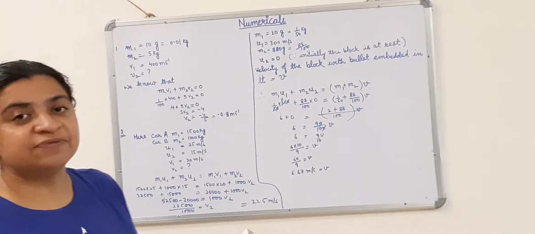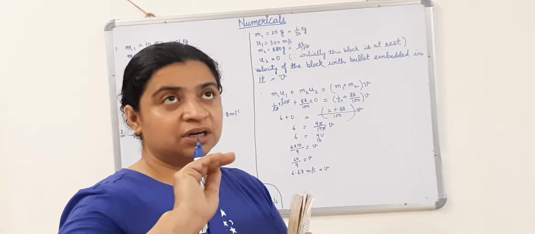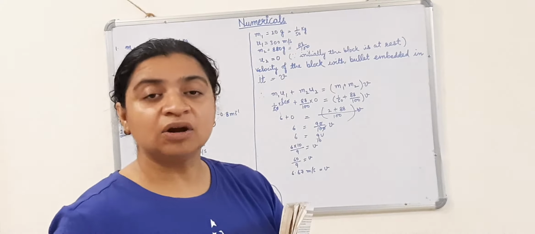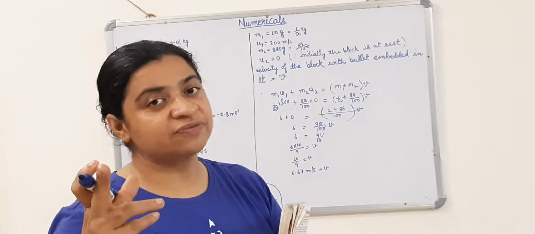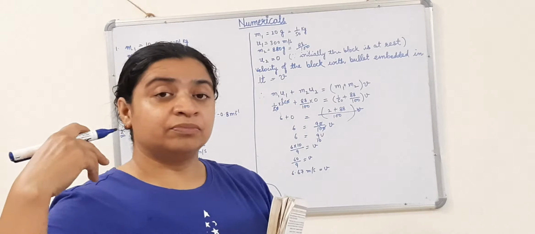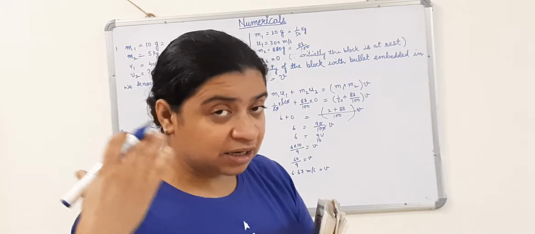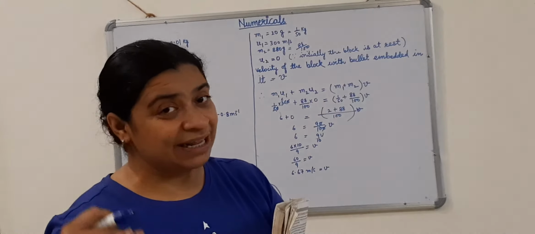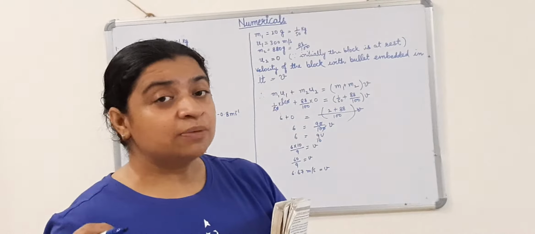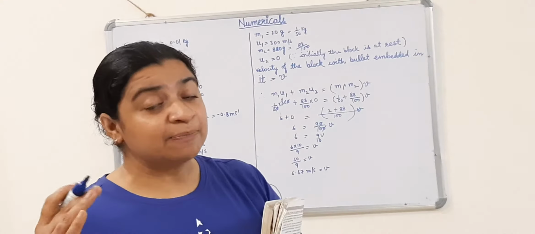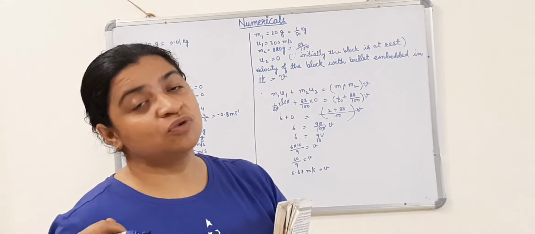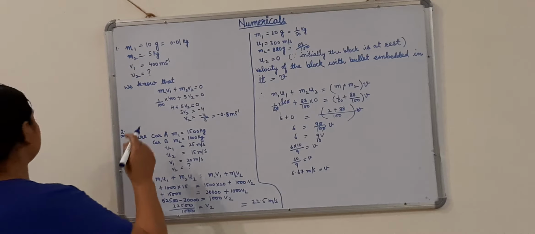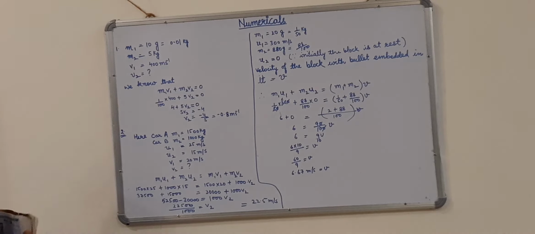According to Newton's third law of motion, for every action there is an equal and opposite reaction. When a bullet is fired from a gun, the force is exerted by the gun on the bullet. Why will the gun recoil? Because the bullet is applying an equal and opposite force on the gun, that is why the gun recoils. So here we need to find the recoil velocity of the gun.